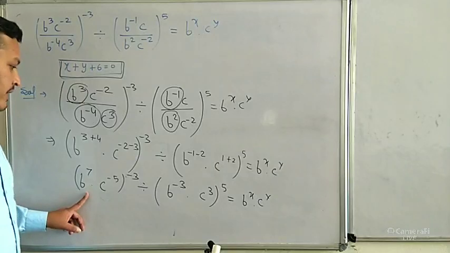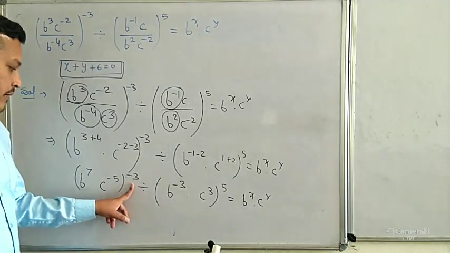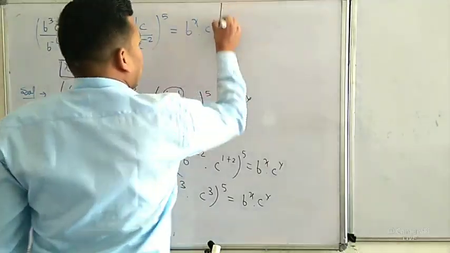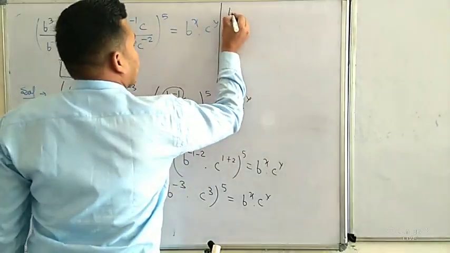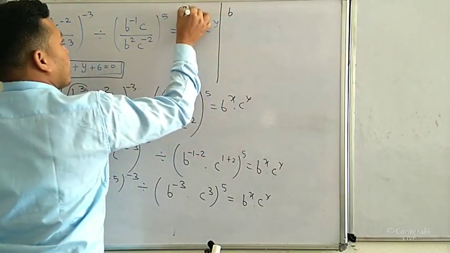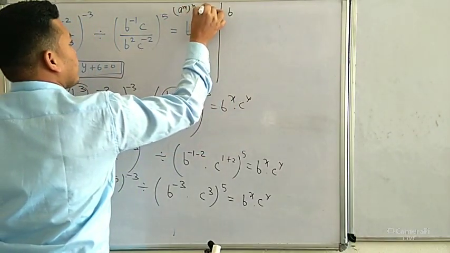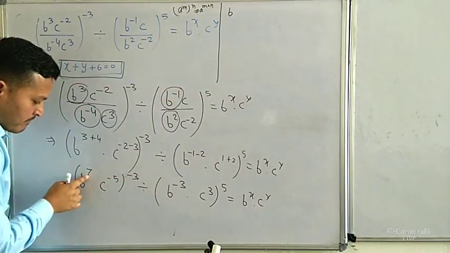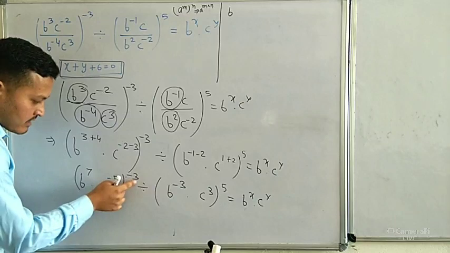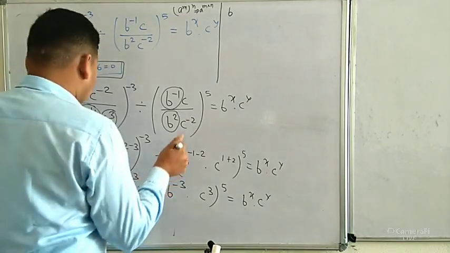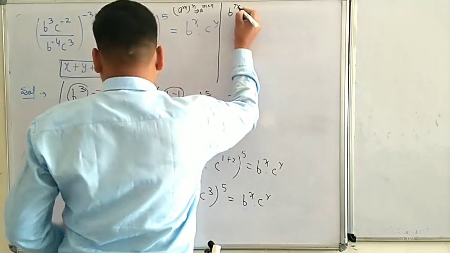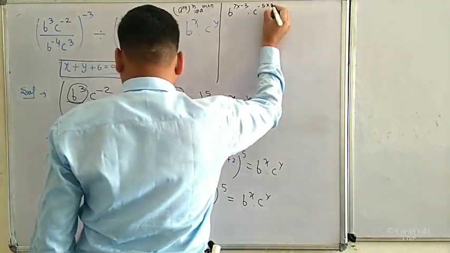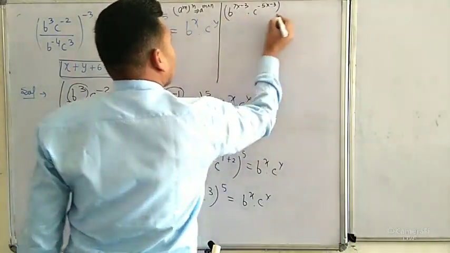Now multiplication of b to the power -7 with the whole bracket -3, ये -3 इन सब के साथ मल्टीप्लाई होगा तो क्या बनेगा हम लोगों के पास, ये मिलेगा b to the power, as you know that a to the power m and whole to the power n, so then it is a to the power m multiply by n. तो similarly here ये -3 इसके भी साथ मल्टीप्लाई होगा, similarly -3 multiply with this -5, okay, तो b to the power 7 multiply by -3 into c to the power -5 multiply by -3, okay, bracket close, divided